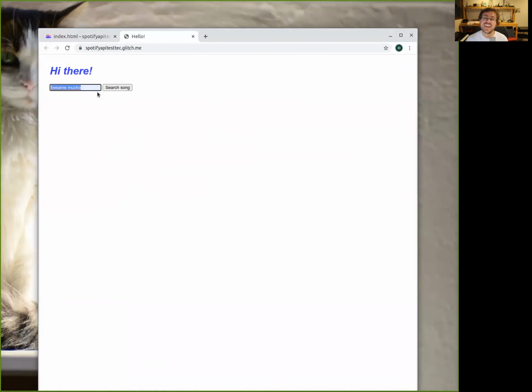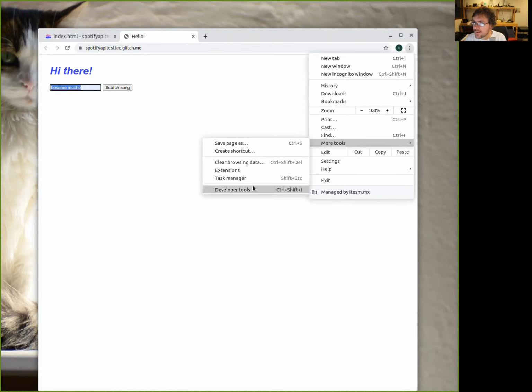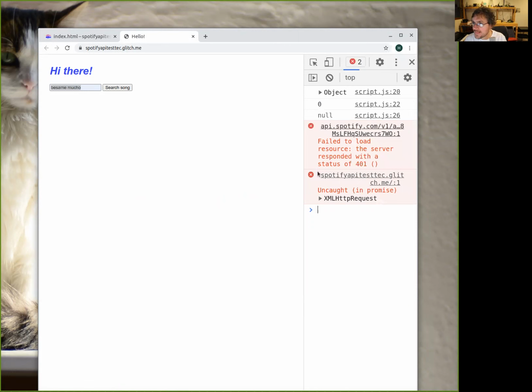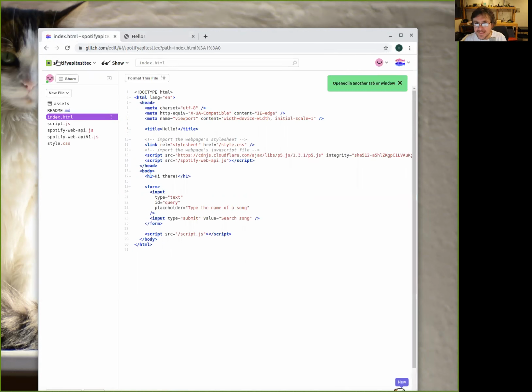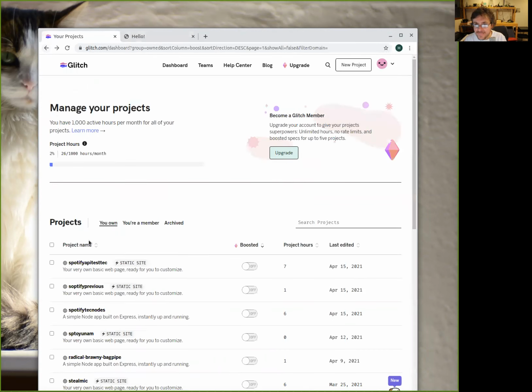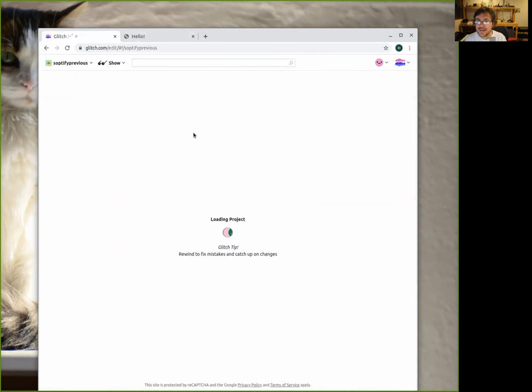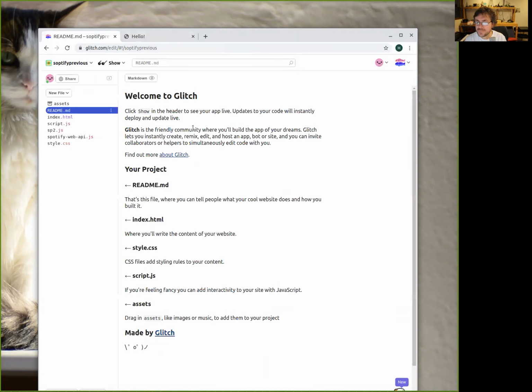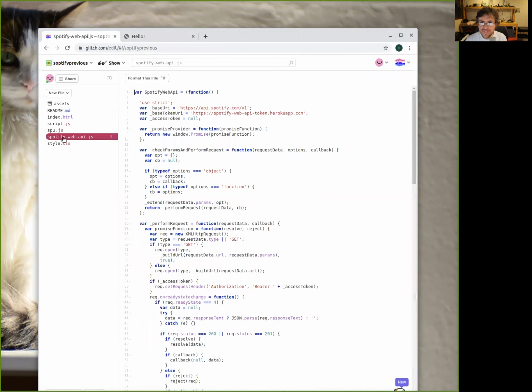Oh, okay, that's funny. Okay, something is going on here. Give me just 1 second. No, it's not this one. Oh, it's this one. Okay, so this is the Spotify web API, the old one, that one that Jared sent me.